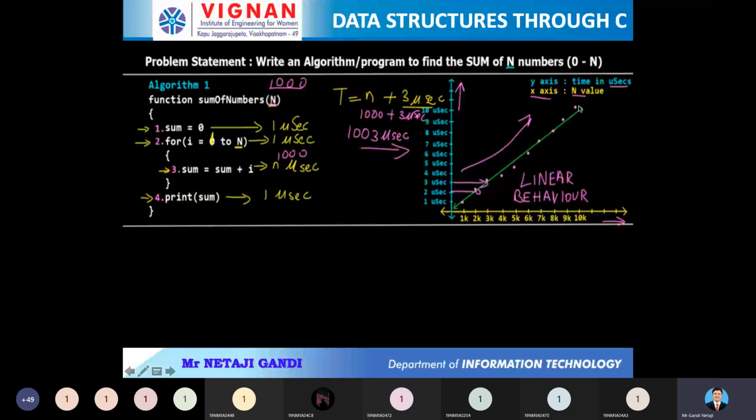So let me understand, if the time increases, the n value can also automatically increase. This time complexity is called big O of n. This is called order of n. That is called big O of n, order of n. Coming to this,